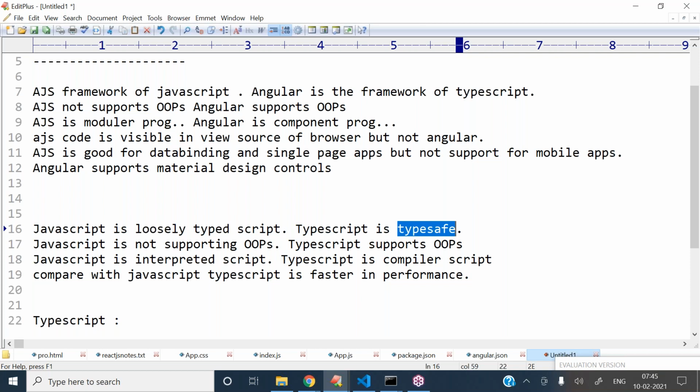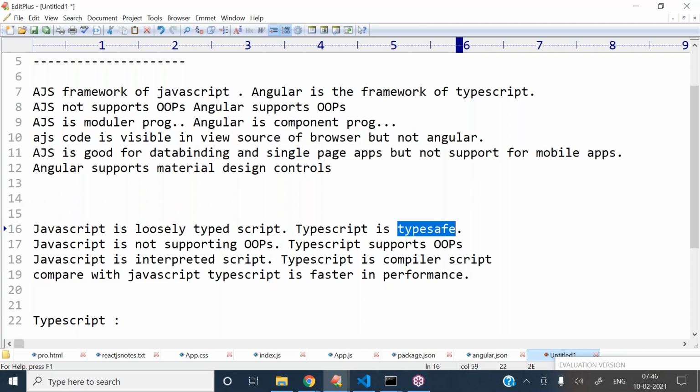Many advantages are there with TypeScript, like neat and cleaner programming. So now we have to discuss what TypeScript is and how to work with it. That's the first basic point we need to discuss.